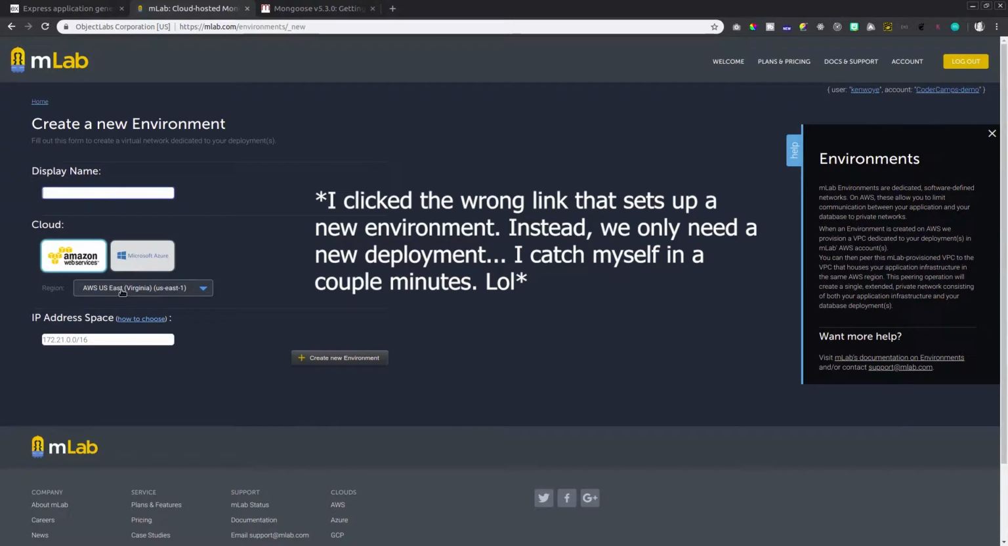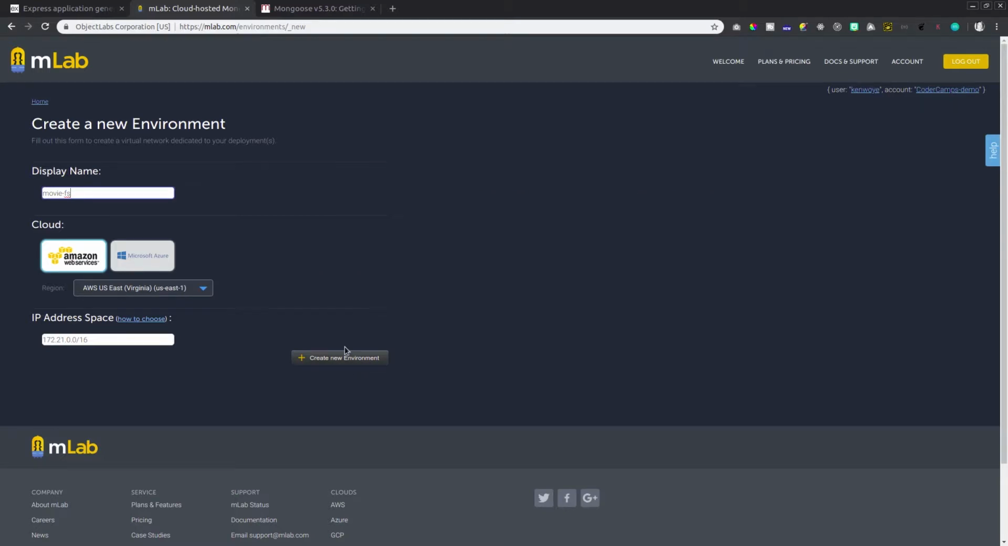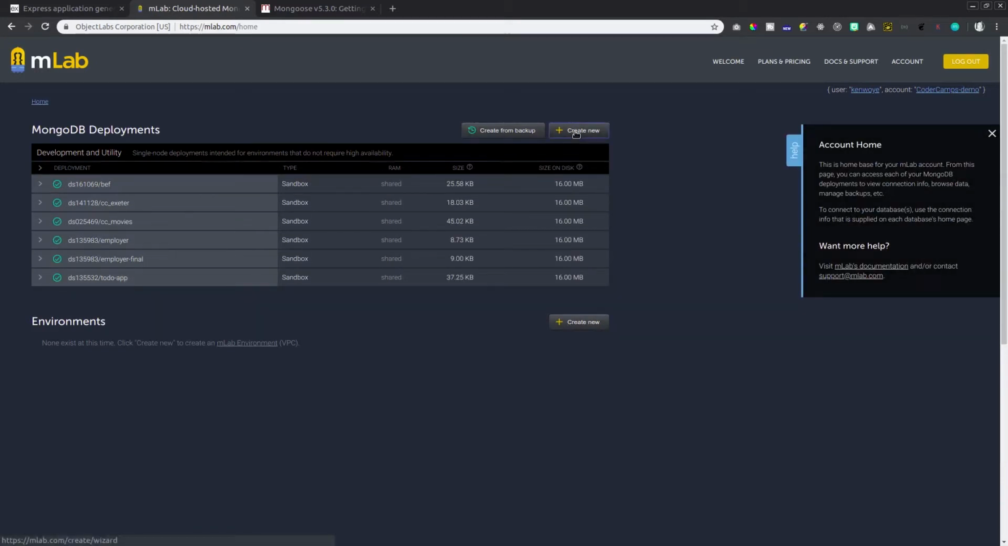New environment. Let's see. East Coast, that's fine. So I'll leave this as a default. Give it a name. We'll call it movie-fs and create a new environment. Now this is not the view that you may see. I think you're going to see a different view. Let me back up. I think what you guys are going to see is